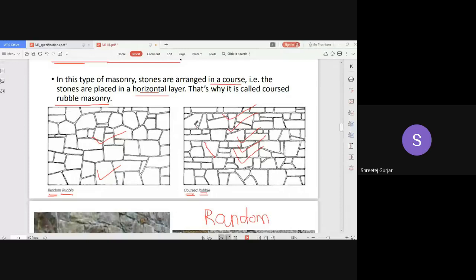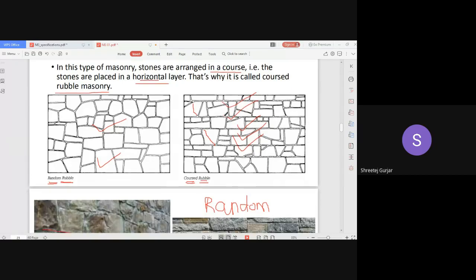These stones should not have any cracks in them, as it will cause the failure of the structure if any load comes on top of it. They should be free from any defects, and make sure that the stones are of uniform quality and color.